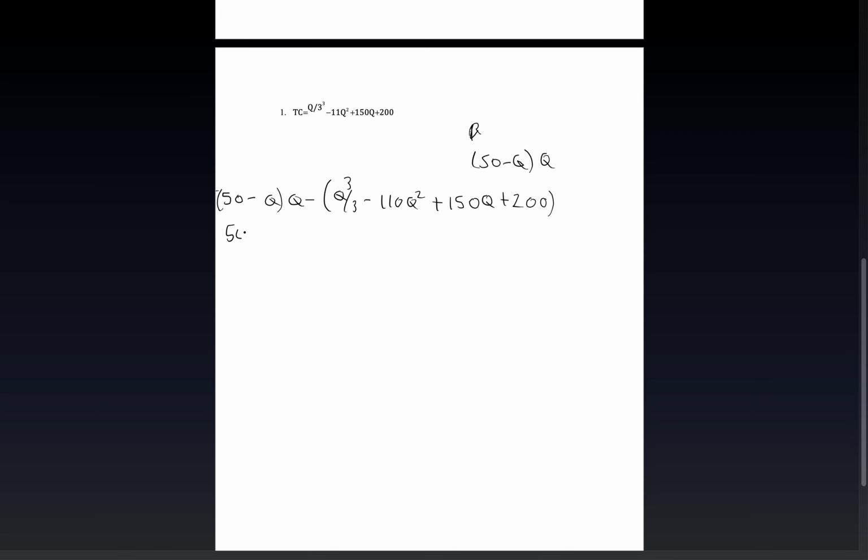So we get 50Q minus Q squared minus Q cubed over 3 plus 110Q squared minus 150Q minus 200. So this simplifies down into negative Q cubed over 3 plus 10Q squared minus 100Q